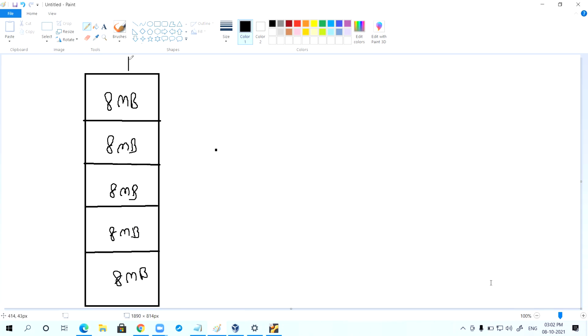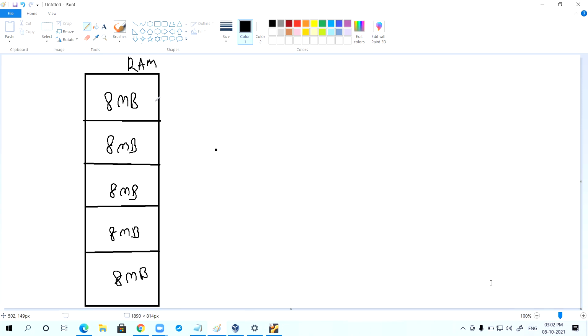The RAM is divided into fixed size and equal size, all partitions are equal size. This is the oldest method.